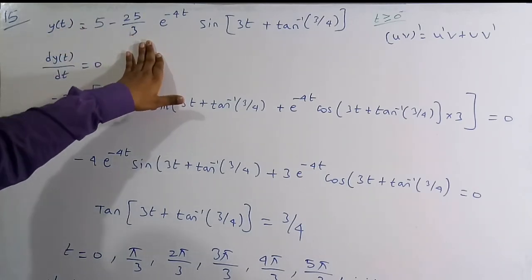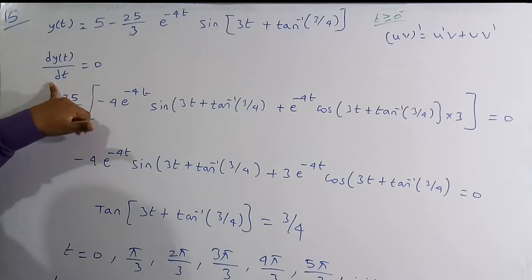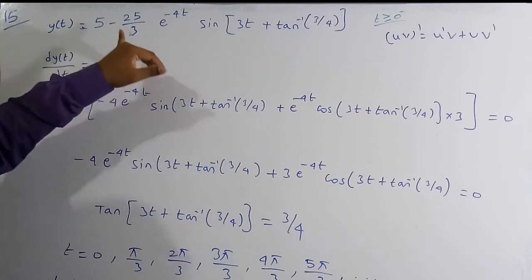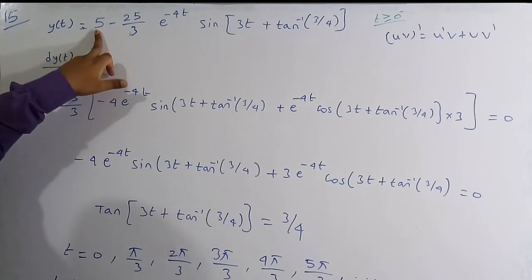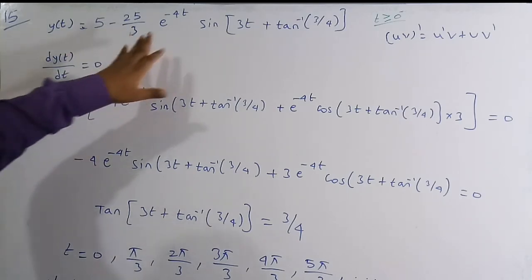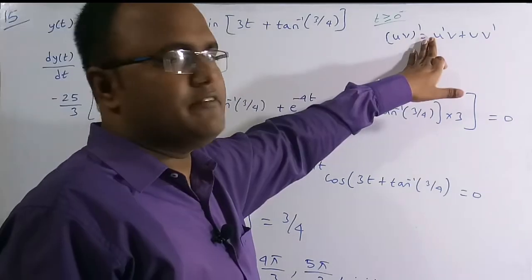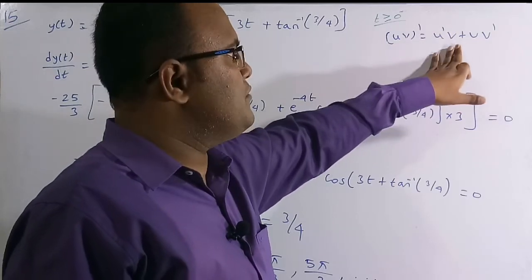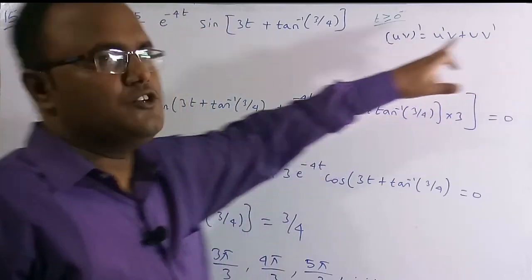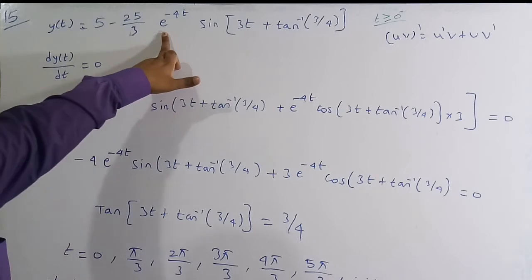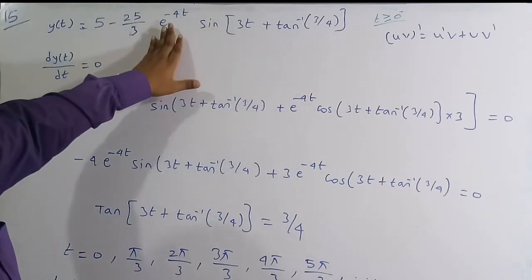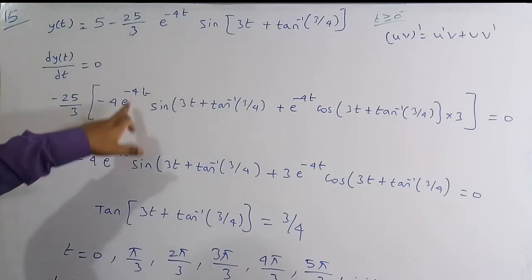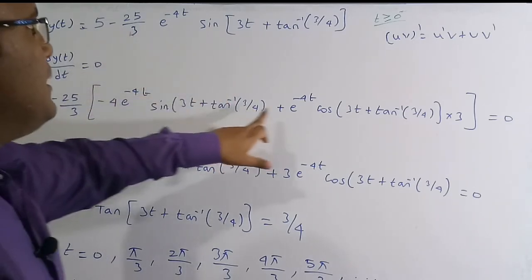So now we need to find what is the maximum value of this function. In order to find the maximum value, we have to set the first derivative equal to 0. So therefore you have to differentiate this signal and equate it to 0. The derivative of any constant is 0, and this is minus 25 by 3. Here it is u into v. So the derivative of uv is u' v plus u v'. So I am assuming u as e to the power of minus 4t and v as this expression. So first I need to do the derivative of this one. It is nothing but minus 4 into e to the power of minus 4t, and the same thing, plus